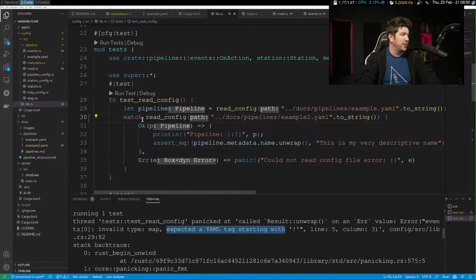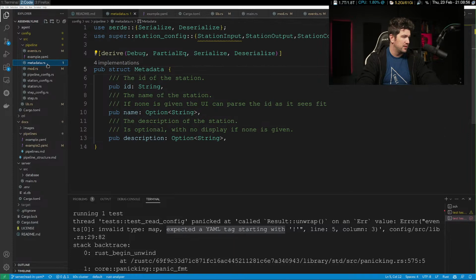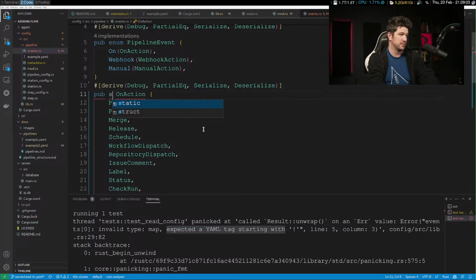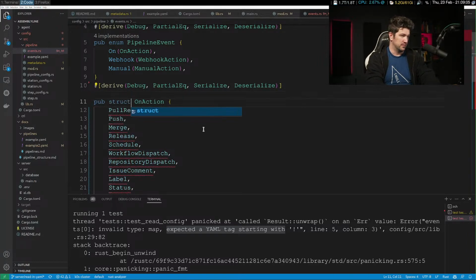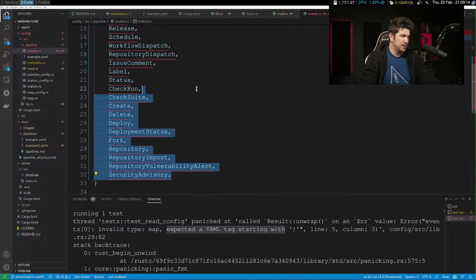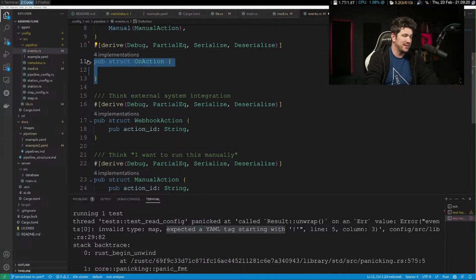I don't like what I'm about to do, but what if we do this? I'm gonna just see if Copilot will auto generate this.